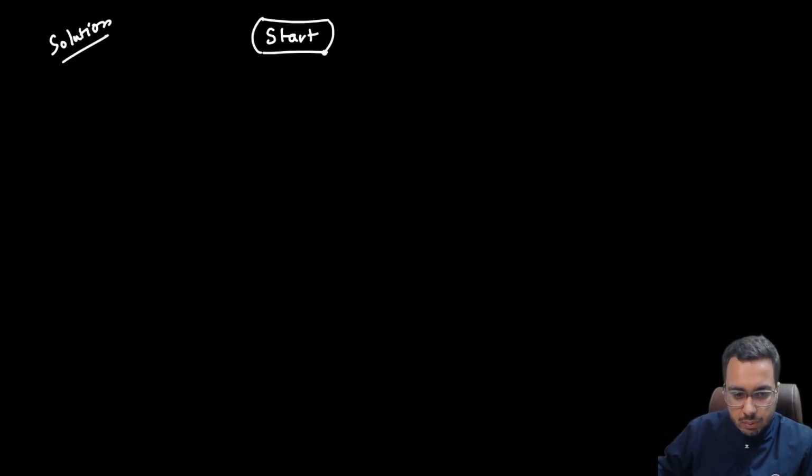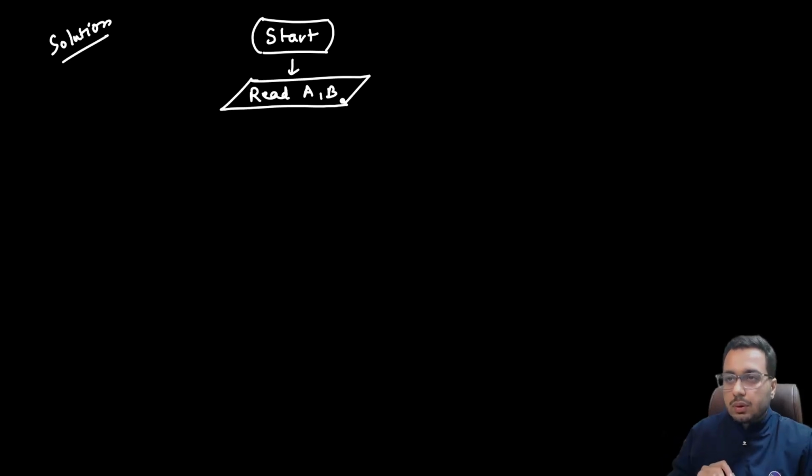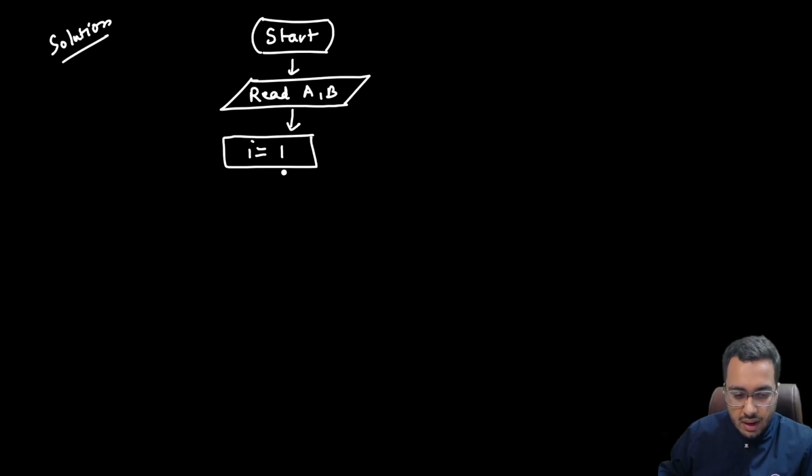Then it would be read the two numbers, that is, read A and B. And now what we are going to do, we are going to initialize what? We are going to initialize, let's say, I equal to 1, and we are going to go till the minimum of a and b. So if I is less than or equal to minimum of a comma b,